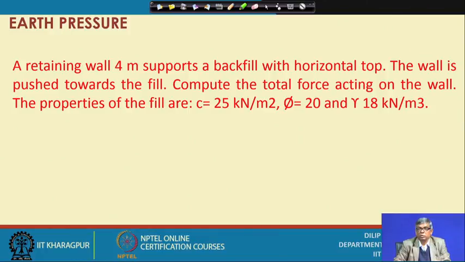meter cube. So far I have taken 6 problems. I have taken only one problem on at rest, because the at rest condition is most of the time not essential. While designing you do either active or passive, and the rest of the 5 problems I have done on active, and again for different types, Coulomb, Rankine and all we have done, but I have not taken so far any problem on passive, and we have told clearly that all three, active, passive and at rest, have different